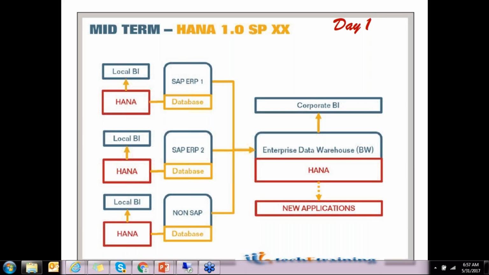Data is replicated from the R3 system, the R3 database, to the HANA system with real-time replication. There is a concept called SLT, System Landscape Transformation, or another tool called BODS, Business Object Data Services. These are the tools that transfer the data from R3 to the HANA database.